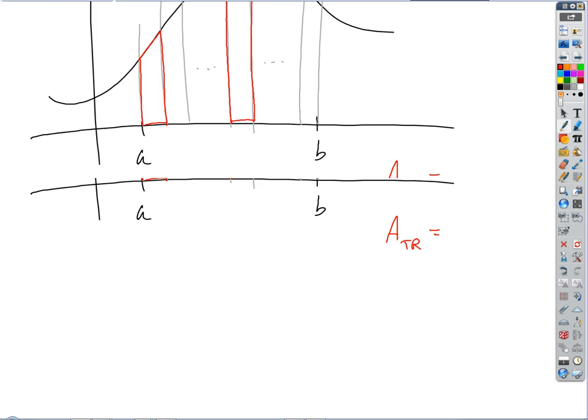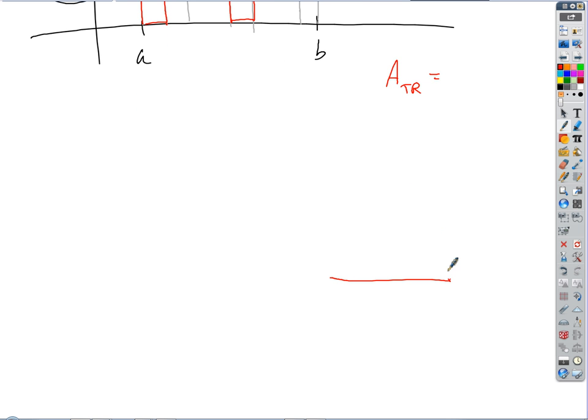So let's just look at a generic trapezoid for a second. If this is a trapezoid, what's the definition of a trapezoid? What are the characteristics of a trapezoid? Two sides that are parallel and two sides that are non-parallel, right? So if we want to find the area of a trapezoid, the way I would always encourage you to do this